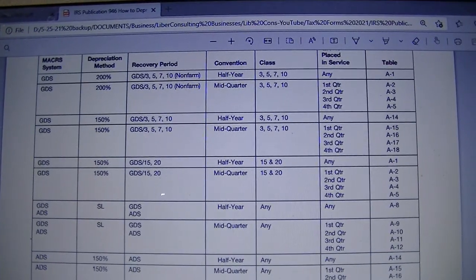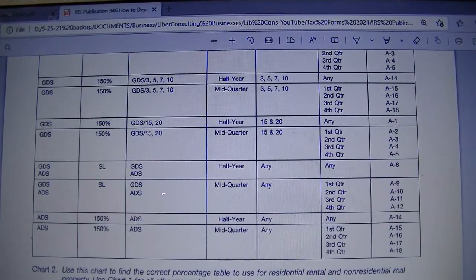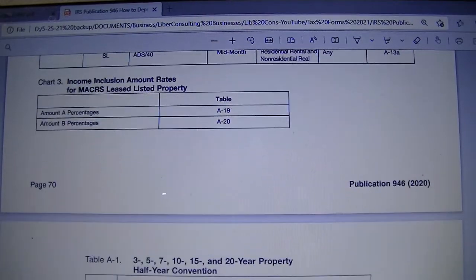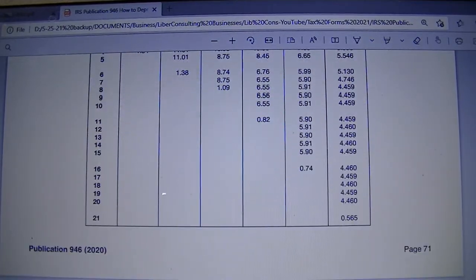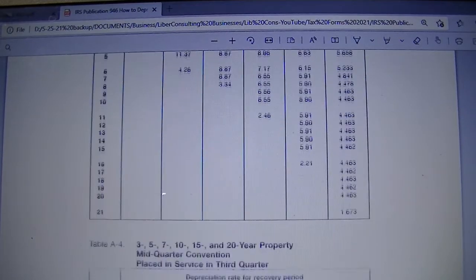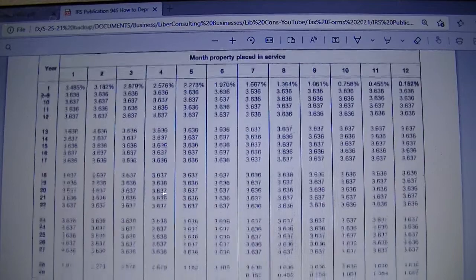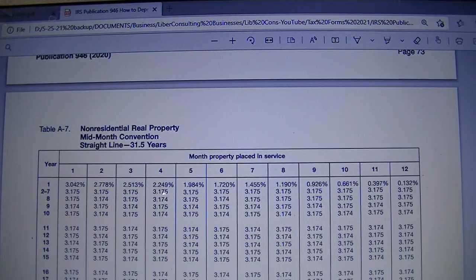So we'll go back to A8 because we are going to depreciate for 7 years. The recovery period pretty much is telling you how many years it's going to take you to recover the full cost of the item you are depreciating. So the recovery period will come